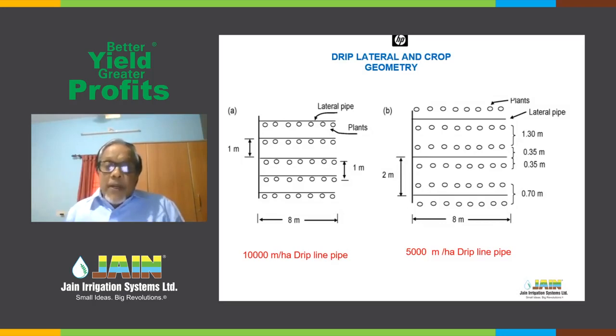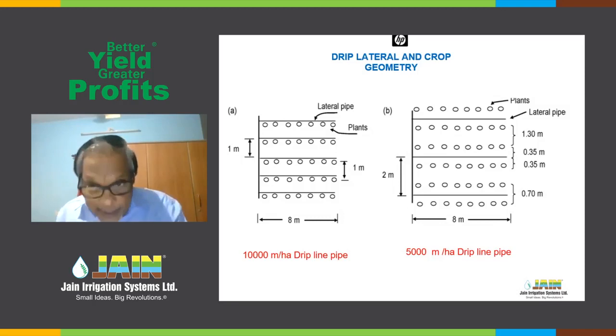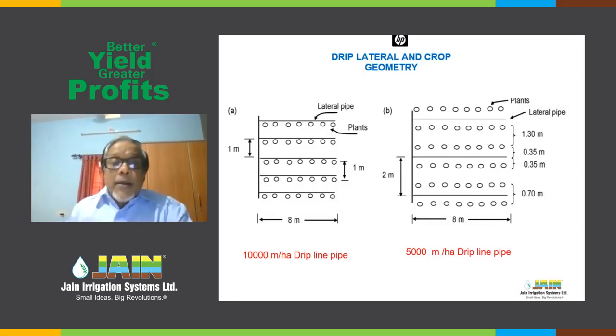So even when the crop rows are brought closer from 1 meter to 0.7 meter, that is 100 centimeter to 70 centimeter, your requirement of the drip line for that field to be irrigated successfully and uniformly has come down. When you use 1 drip line for 2 rows of plants, you come to half, 5,000